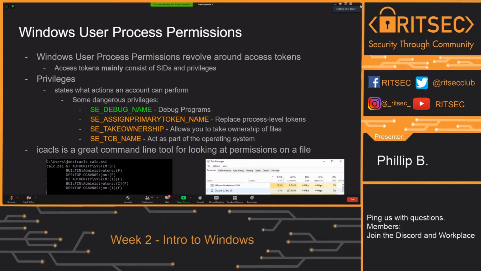And that picture on the bottom right there, those are just processes running on the system. I'm sure you've all seen Task Manager processes. There's a lot you can do with that, and we're going to get into Sysinternals later, which you can do even more than what Task Manager has.